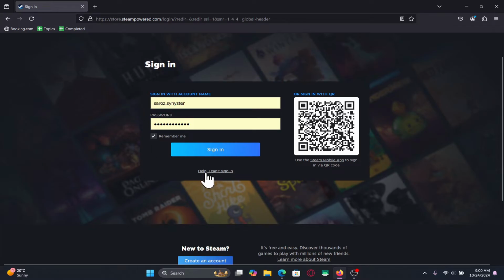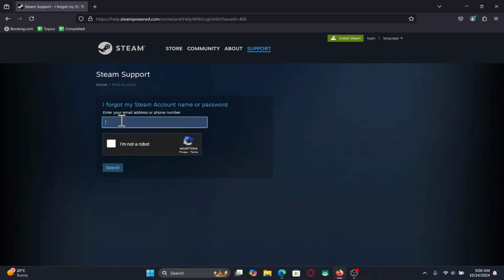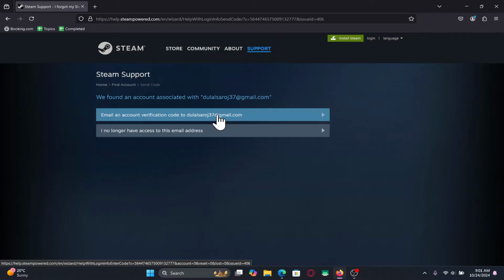From here, click on Help, I cannot sign in. Then click on I forgot my Steam account name or password. You will now be asked to enter your email address or your phone number that is associated with your account. Just type it in and then click on the verification captcha box. After passing the test, click on the search button and now you can choose to receive a verification code within